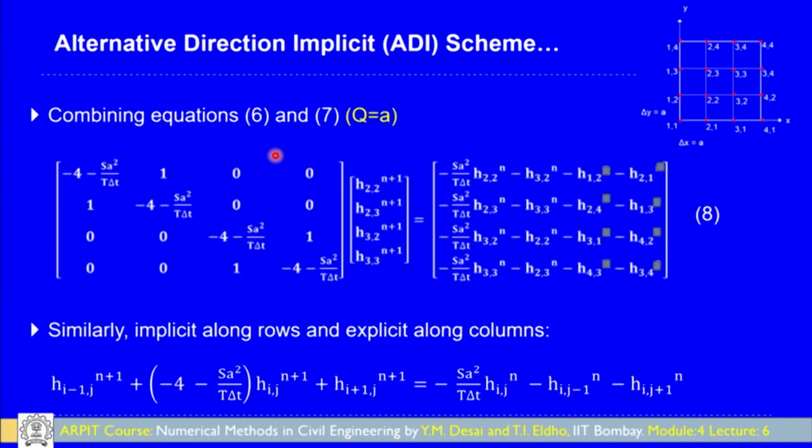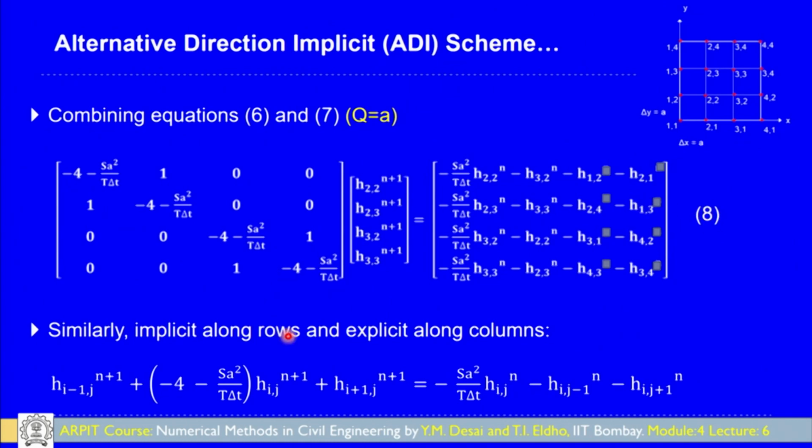So, now combining equation 6 and 7. Please remember our space delta x equal delta y is equal to q is equal to a is mentioned here. So, we can rewrite this equation in the form of equation number 8. These are the 4 unknowns we can rewrite. These values are all known values from the boundary conditions, and S32 is from the previous iteration, and these are all the known values we can write in the form of equation